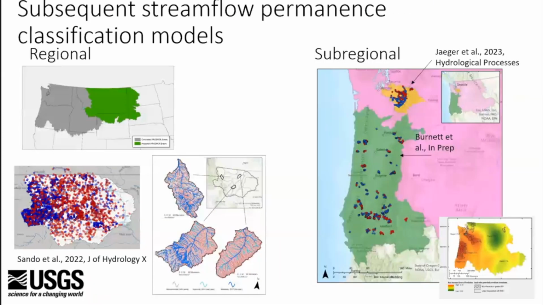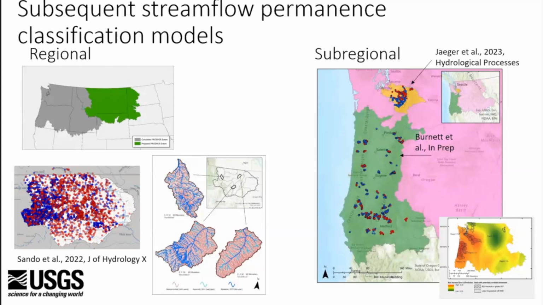Okay. That came out in 2019. We started that project in 2016. At the time, this type of streamflow permanence prediction had not been modeled at that resolution and at that geographic extent. So we've extended this modeling framework and developed another regional model. Sorry, I didn't introduce it. The model is called PROSPER. It's the probability of streamflow permanence. So it's the PROSPER model.